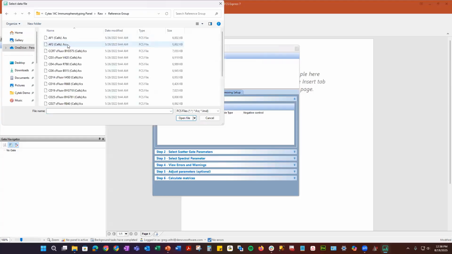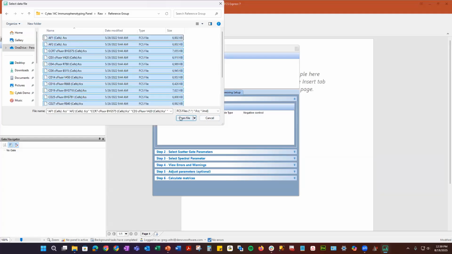And I'm going to go to my reference group. And you'll notice that I have A1, AF1, AF2. So what I did was on my unstained, if I have more than one autofluorescence, I'm able to create multiple autofluorescence and use it in our wizard. And that's what I'm going to show you. So I took the unstained and I made 2 copies and I called them 2 different names. And if I select all of those and click open file,